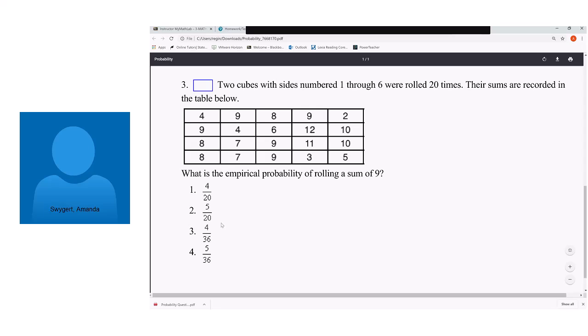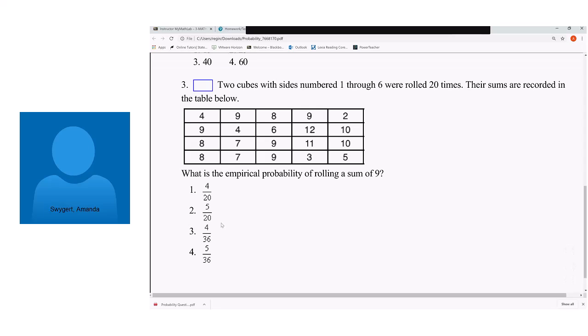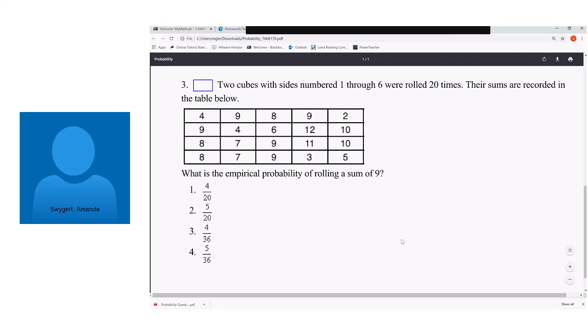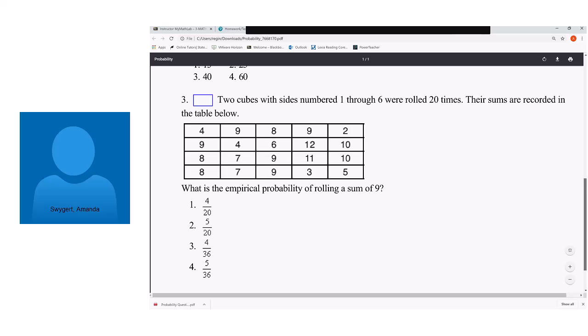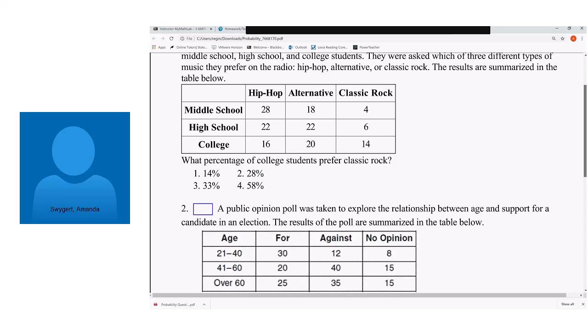Now, maybe they would have reduced that and I would have had to check. But as a multiple choice, if they list it just like that, you're safe to say that's your answer, 5 over 20. If they would have listed this as 1 out of 4, that would be the reduced answer. Very often with empirical, they'll keep it as this fraction because they want you to see the real numbers. So by looking at 5 over 20, you know that it occurred 5 times out of the 20 trials. That example is very similar to what you're going to be doing in your standard coin report. All right, let's try some of the other types of table questions.